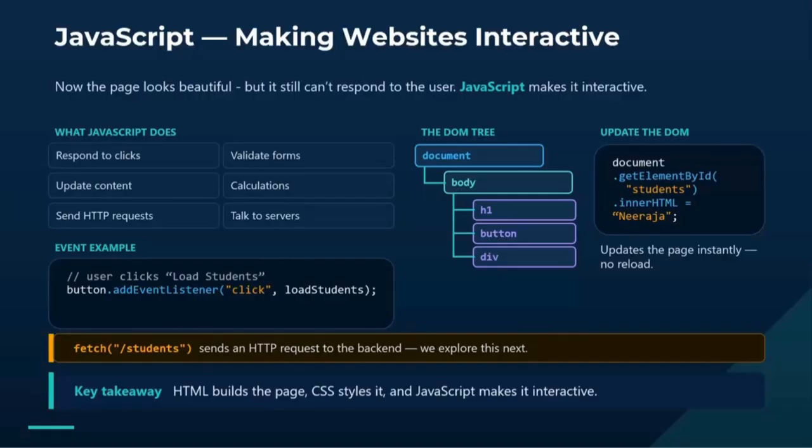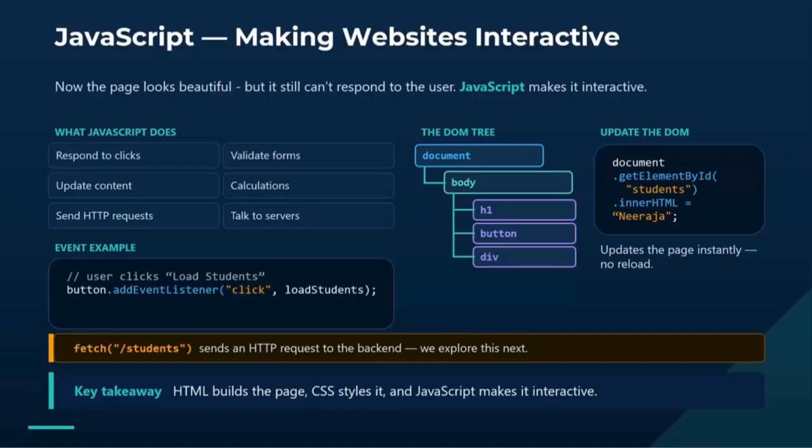JavaScript can interact with this DOM by selecting elements and change them dynamically. We use methods such as getElementById, querySelectorAll. Once we select an element, we could modify the text content, styles, attributes, classes, or even create